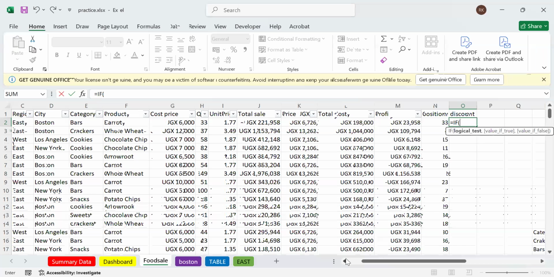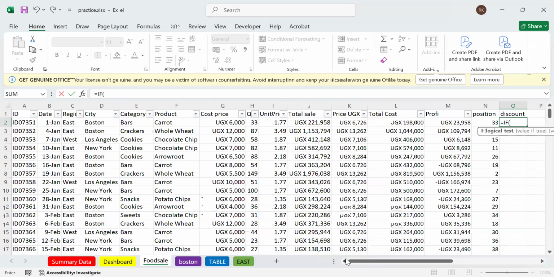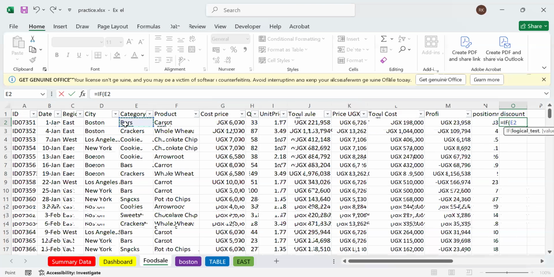We are testing the cell E2, which is category. I'm going slowly because I need people to understand this. So if E2 is equal to,